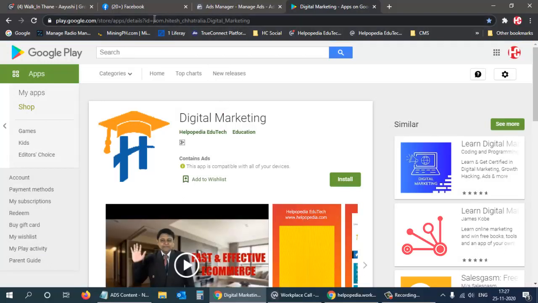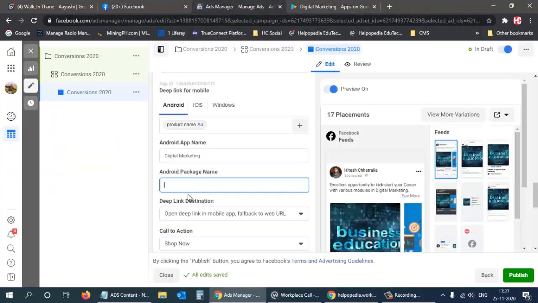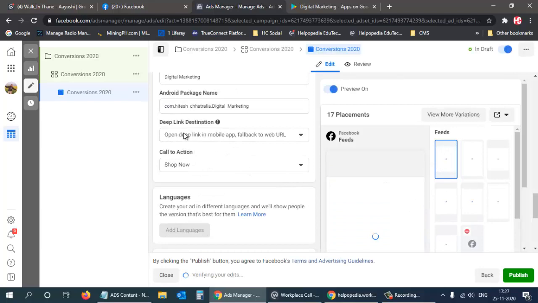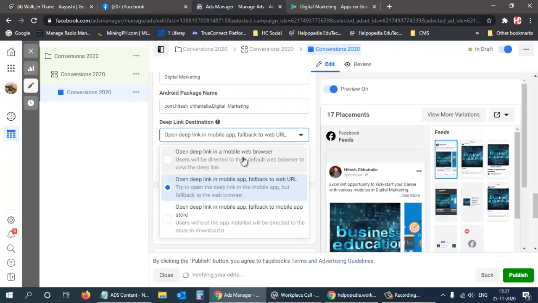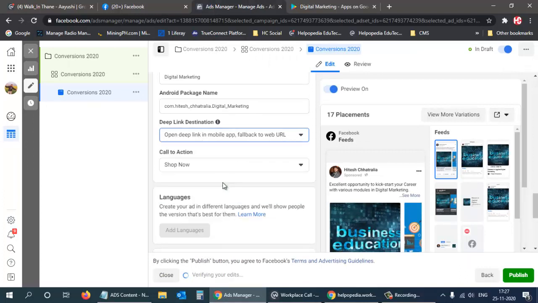Okay, the package name is, this is the package name. And then over here open deep mobile link fallback URL, or say open deep link web browser, or this is okay. Okay, so this is okay.